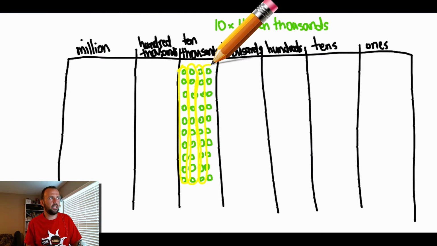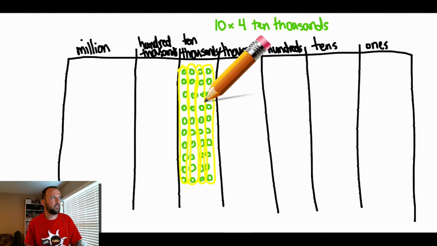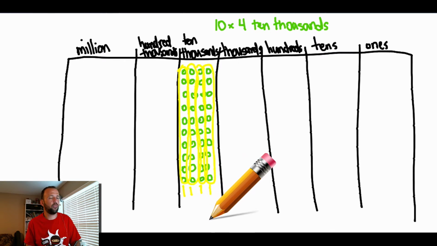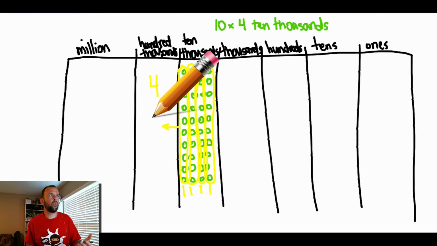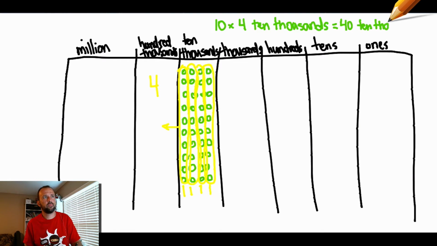I know my lines are kind of getting crazy and overlapping a little bit, but you get the idea. Another group of 10 here. So I have 1, 2, 3, 4 groups of 10. So if I were to move these over to the 100,000s, I would have 400,000s. So 40 10,000s is the same as 400,000, or 10 times 4 10,000s is equal to 40 10,000s, which is equal to